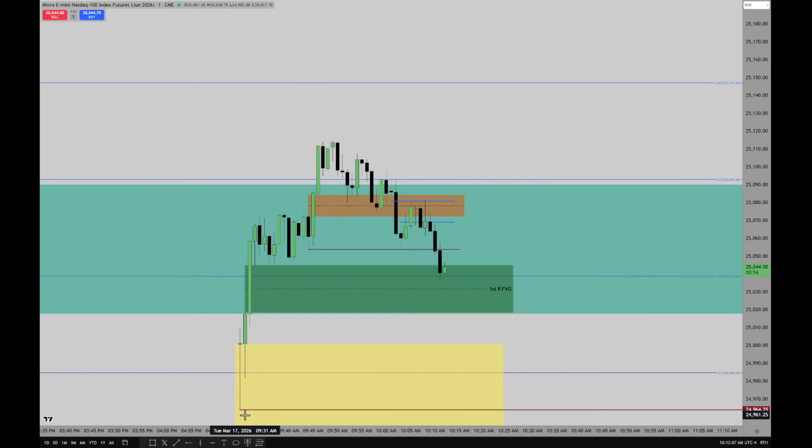So already you're looking at around 25 handles as a nice little bread and butter setup from here down into first presented fair value gap. On a day like this, when you're brand new, that's enough. It's like an encouragement. It feels good because you watch it happen in your hands, and you're not doing it with any kind of money as a reward or a punishment if you're wrong.